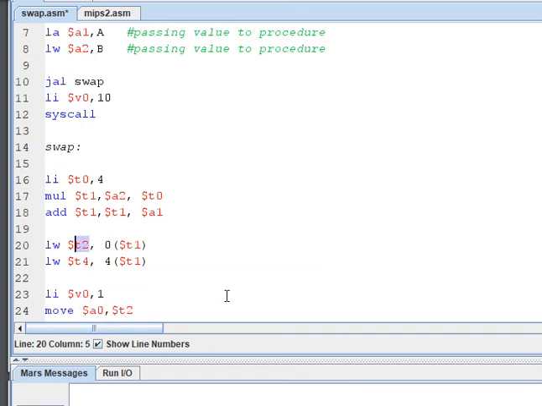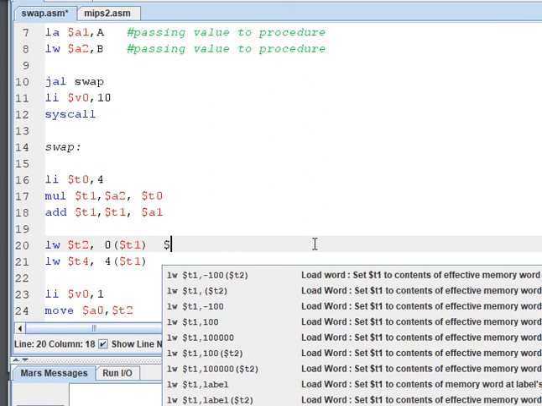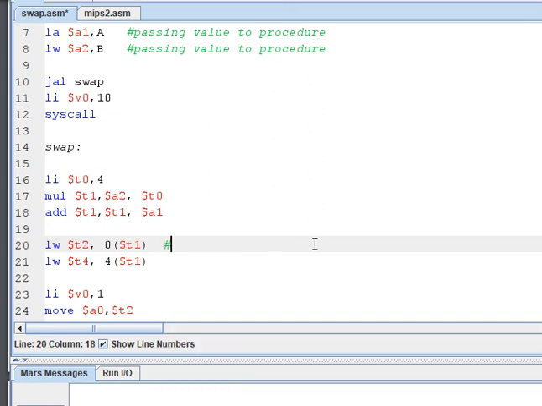Now I need to have the k plus 1. So k plus 1 means you add 4, the next word in memory. Every word is going to be incremented by 4. So the next word is 4. A of k I keep in register T2.